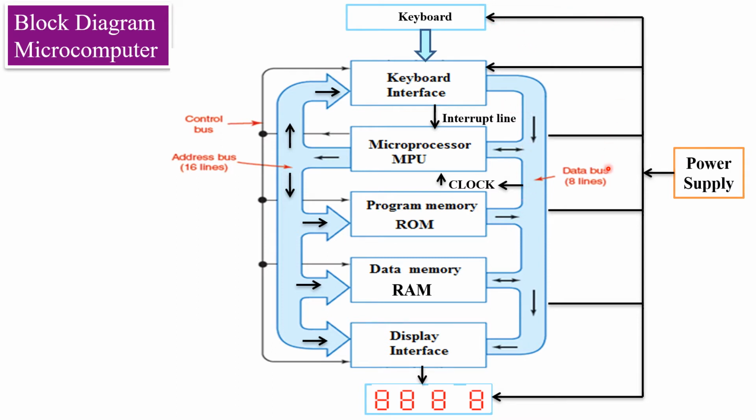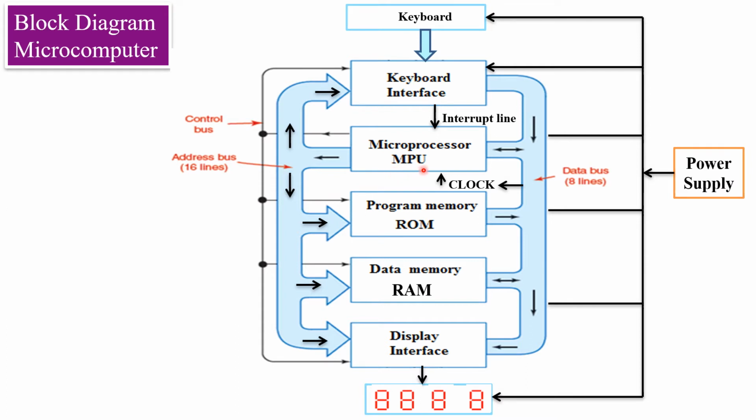These lines are power supply. This is a block of power supply. Power supply is necessary to each and every block of a microcomputer. So each block needs a power supply, right? Our MPU chip, that is 8085, works on a 5-volt power supply. On this side we have shown the address bus. Address buses are unidirectional and they are 16 lines, right? 16 address lines. So these are unidirectional.